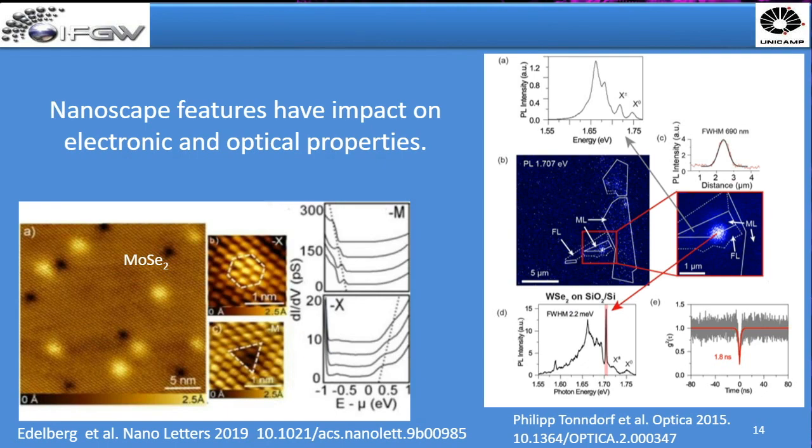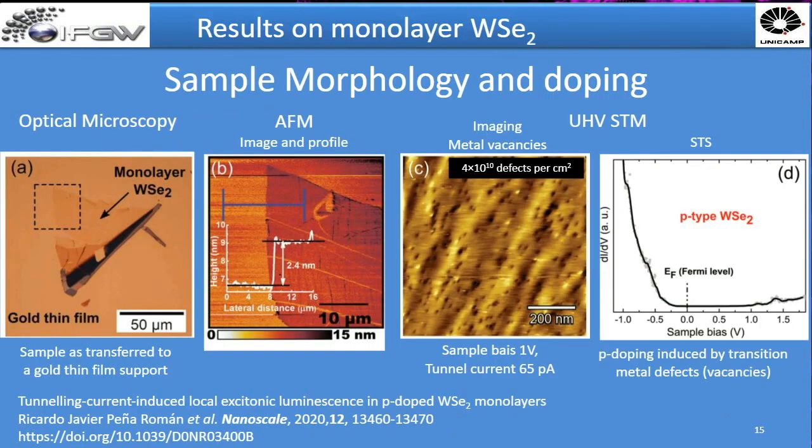So in the study that we have conducted, we also looked at tungsten selenide. Here I show you an optical microscopy image. This region is a monolayer, here possibly a bilayer, and here a much thicker region. And we start to make standard characterization. So we have done AFM, and we see the step height, which is higher than we expected for a monolayer, but I'll explain why in a minute. We entered the STM and made